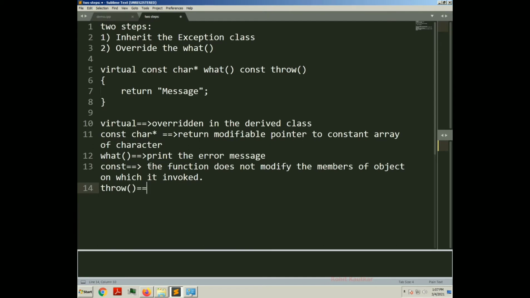This is part of the exception specification. And what it represents is that the what function is not going to throw any kind of exception.